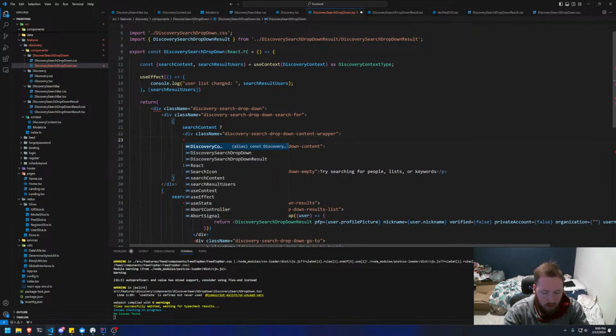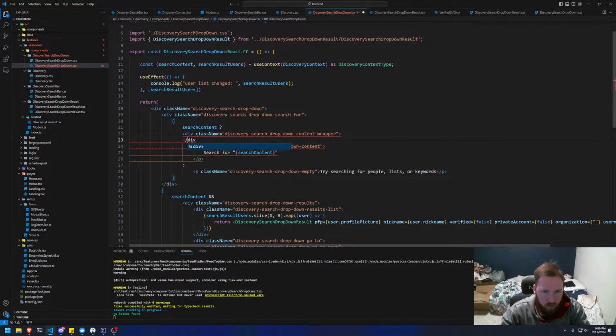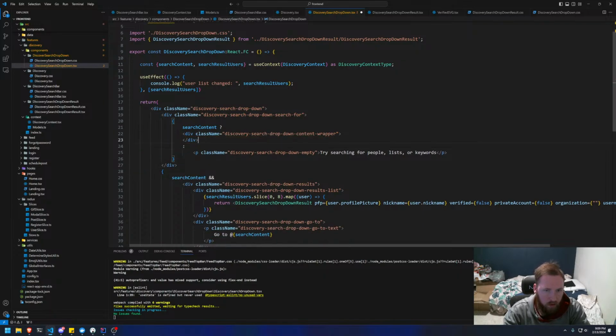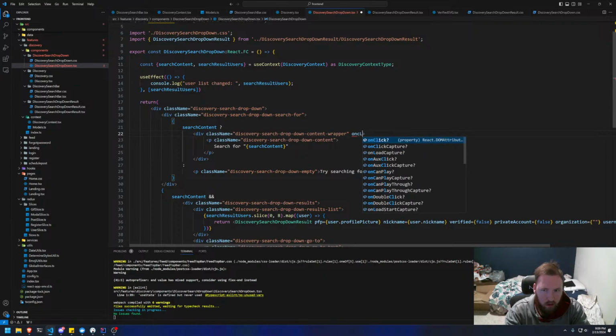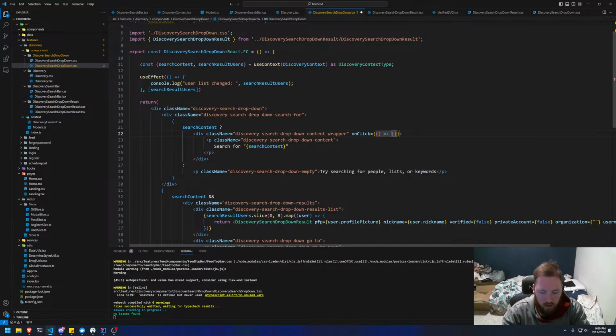And then make the div, close off the div. What in the world was even that? I don't know. So close off that div, and then copy this paragraph in there, and let's also clean this up a little bit. This will technically have an on click on it that we'll do later. So I'm going to throw an on click equal to, and this is just to remind us that it navigates